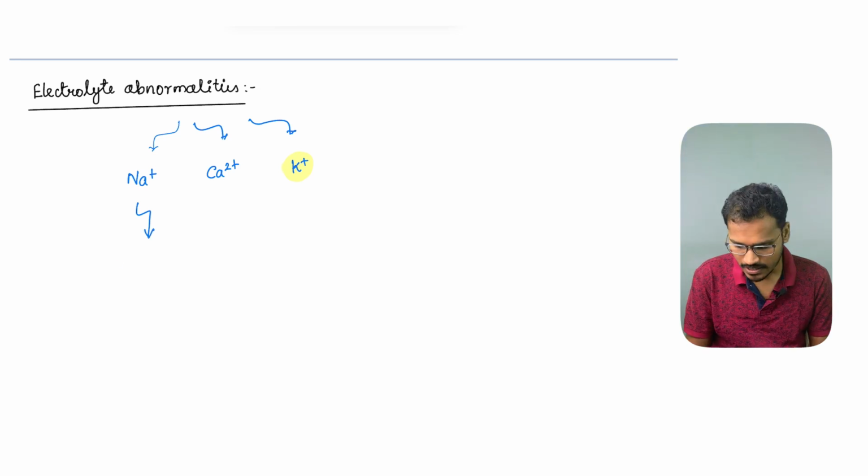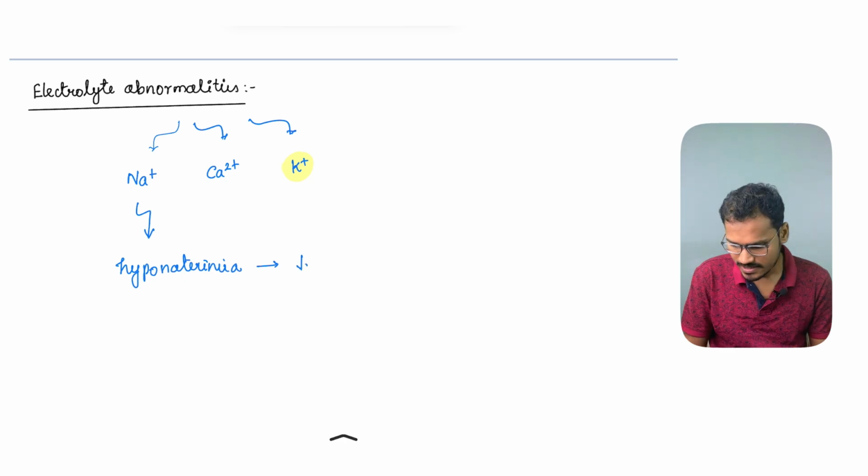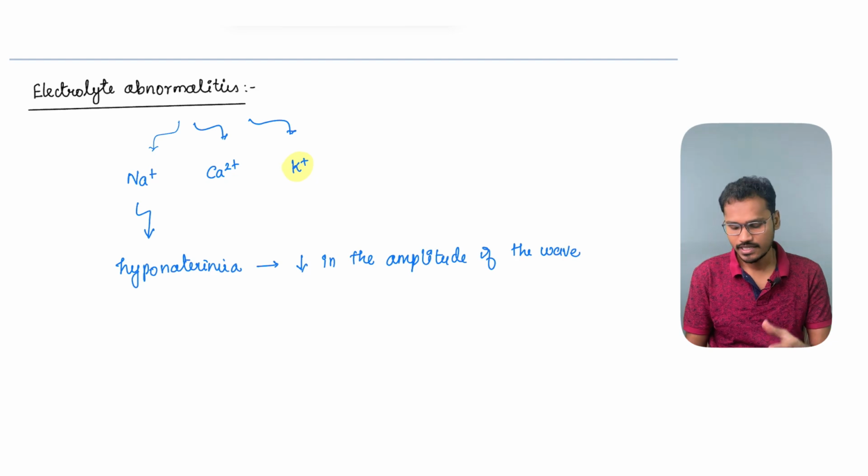For example, hyponatremia. Hyponatremia means there is a significant reduction in the sodium levels. It generally causes a decrease in the amplitude of the waves. Whereas hypernatremia,